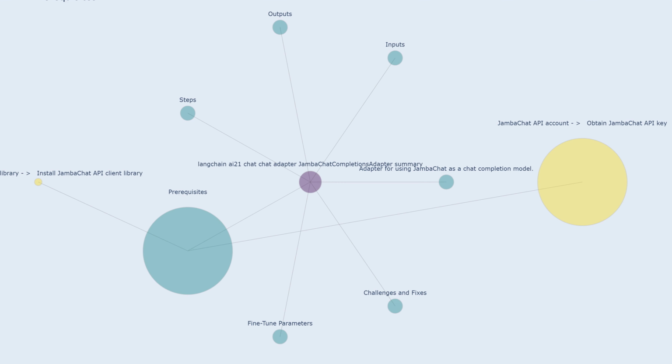Prerequisites. An account with Jamba chat is necessary to access their application programming interface API and use their services. The account provides access to the various features offered by Jamba chat, including the ability to integrate with other applications. Obtaining a Jamba chat application programming interface key is essential for using the service. This key acts as a unique identifier for your account and allows you to authenticate and make requests to the